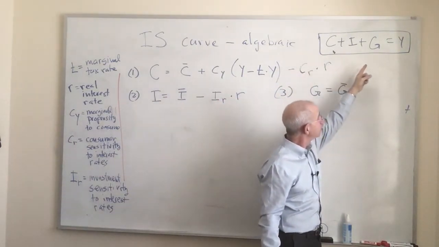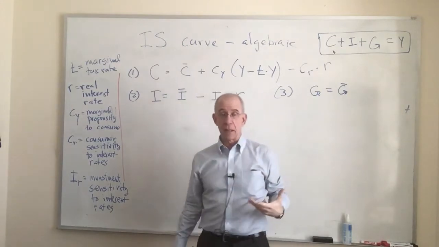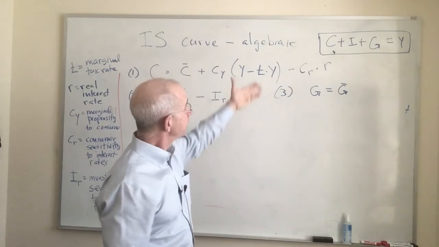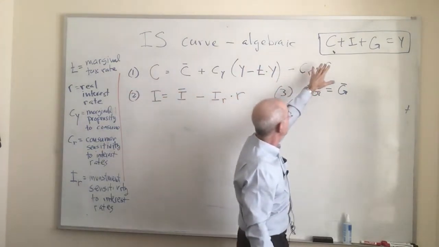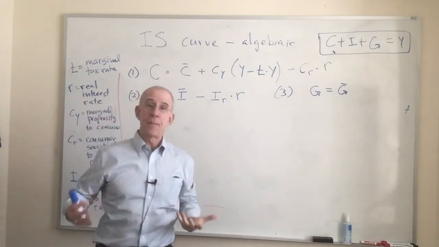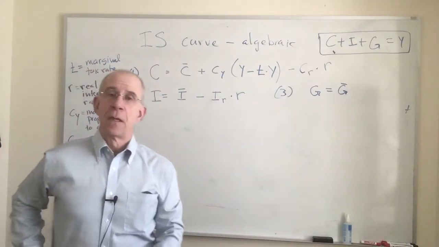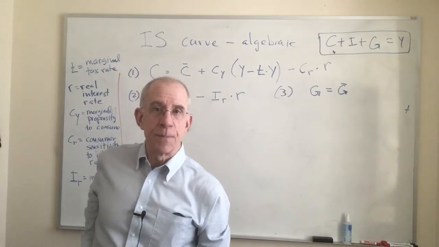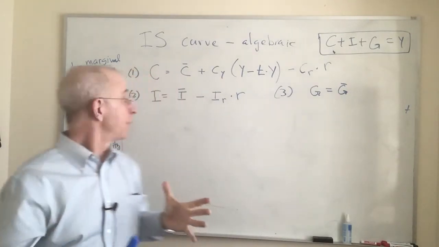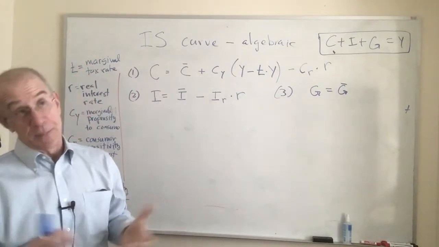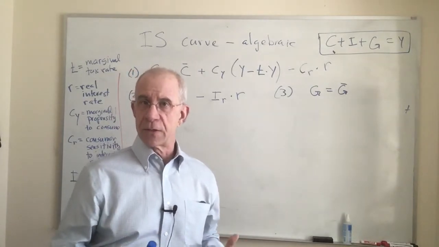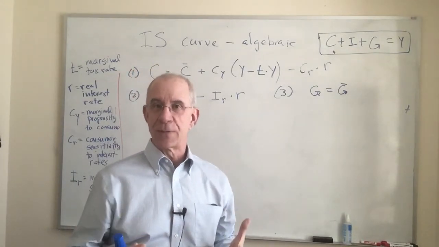consumption plus investment plus government spending on goods and services equals national income. That's the equilibrium condition up here that's represented in the IS curve. Now I want to put a little bit more structure on the equations themselves that explain the behavior of each of these components. There's maybe a lot of notation here, but if you bear with me a moment, I think you'll understand what relationships I'm trying to